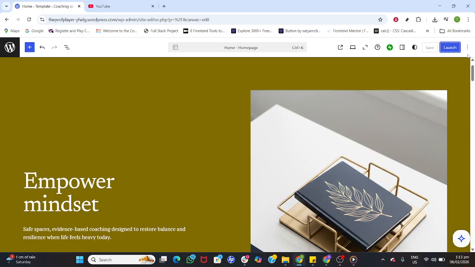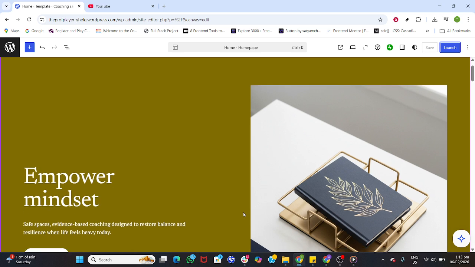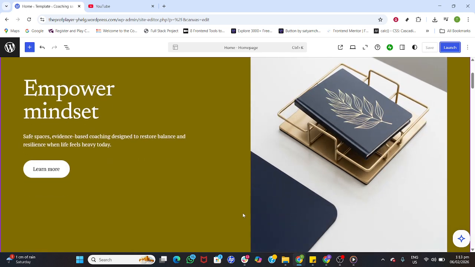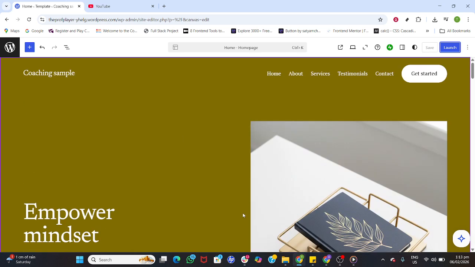Before launching, it's smart to preview your page on desktop and mobile and to keep backups handy. For small visual tweaks, you can add CSS classes or small CSS rules via the editor. For larger PHP